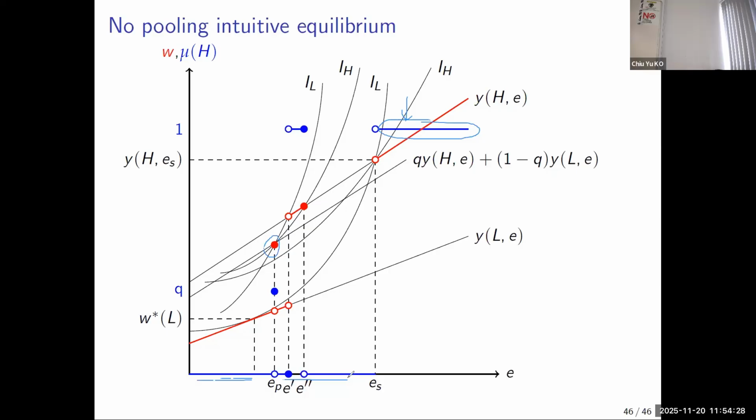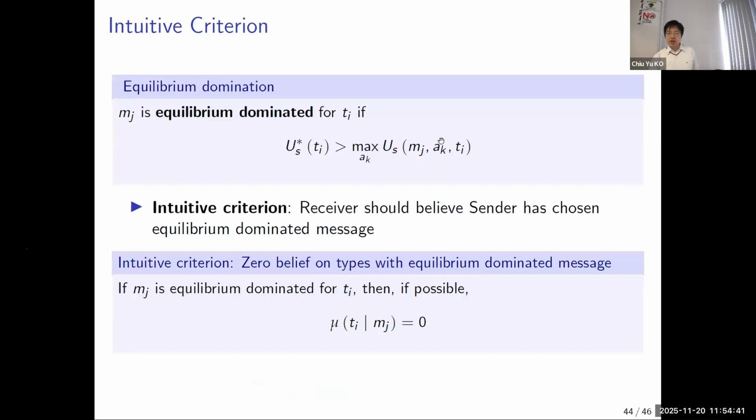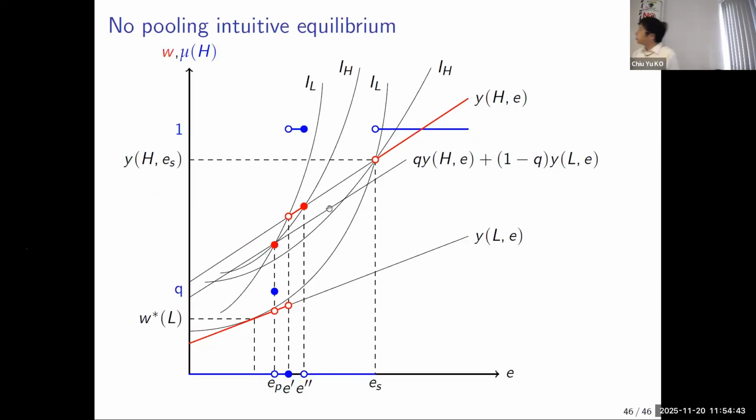Right? So that is the right hand side variable. Right? The right hand side is this one, right? This is the right hand side, the best case scenario, right? You send this message for the best possible salary. Okay, you get this salary. Okay, but this is worse than what you can get in the beginning. Okay, so this is equilibrium dominated